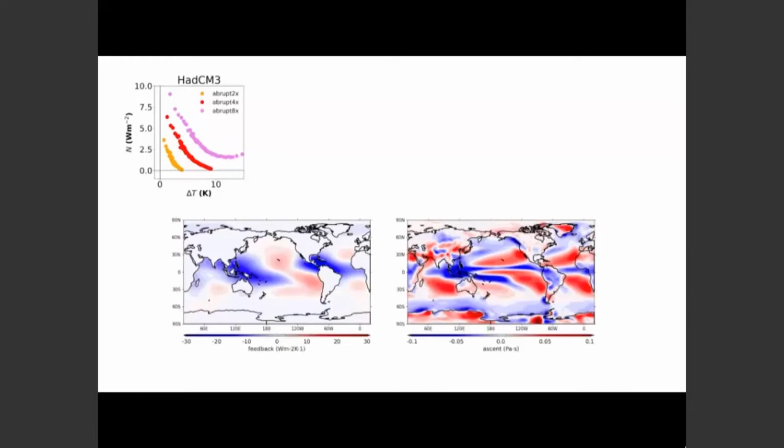We've talked about Green's functions at this workshop. Next slide, please. So this is the Green's function constructed for CAD-CM3. On the left. On the right, you can see a map of vertical velocity at 750 hectopascals. There's some slight similarities to these two figures, in the sense that the areas that have the strongest negative feedback